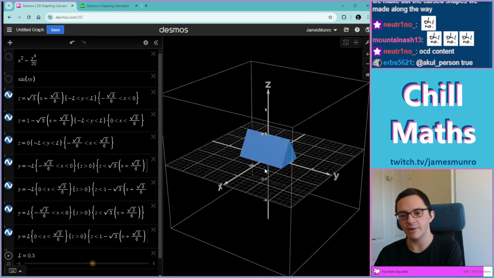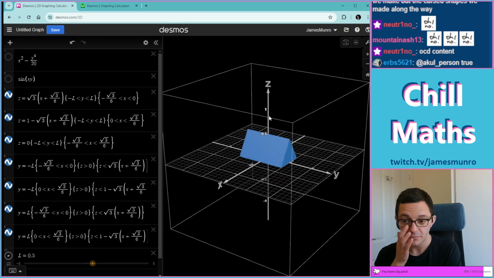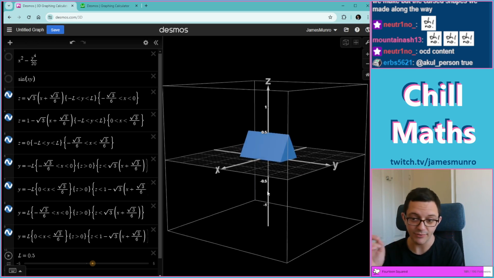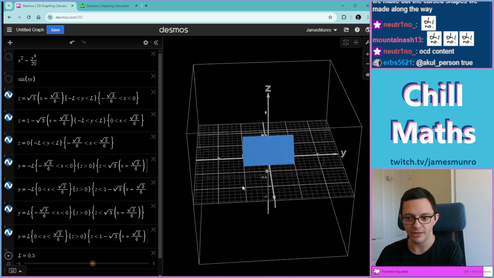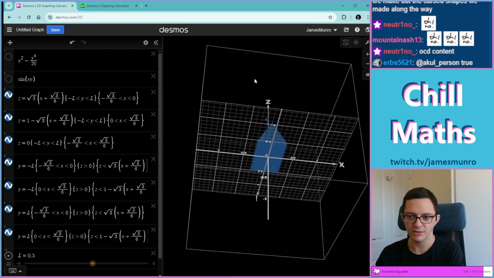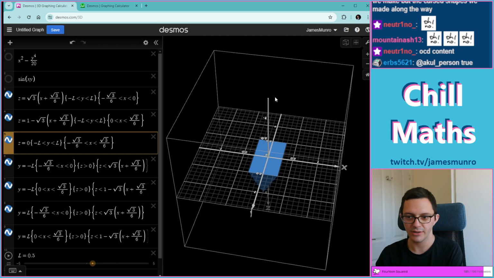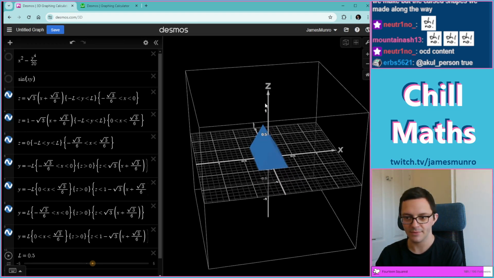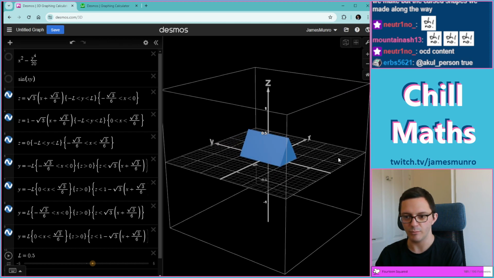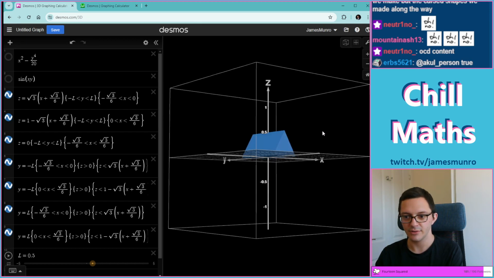So the only sane way to do this is really to have it around the Z axis, because that's the one that Desmos lets you spin around by 360 degrees, and it also lets you flip it over that way. Whereas if you put it around the Y axis like I have, the most sensible way to spin it